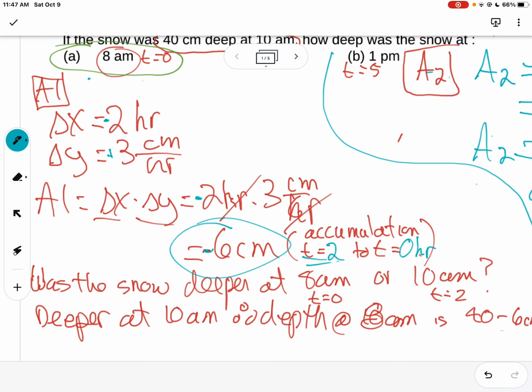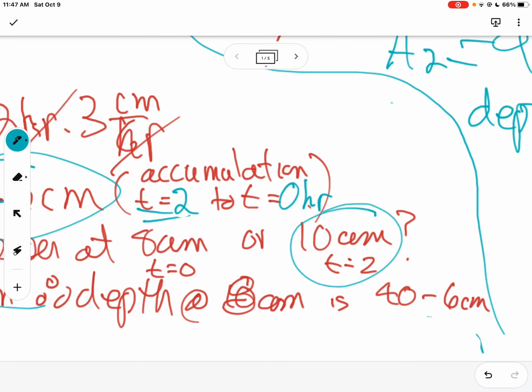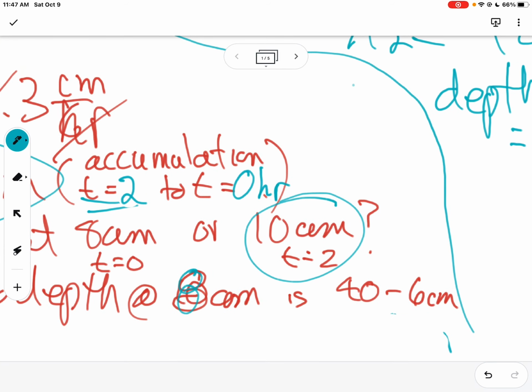So was the snow deeper at 8 a.m. or 10 a.m.? For sure, oh, sorry, that's not the case. At 10 a.m. it was much deeper because it was snowing for 2 hours. Okay, so let's do the depth at 8 a.m. And the depth at 8 a.m. is